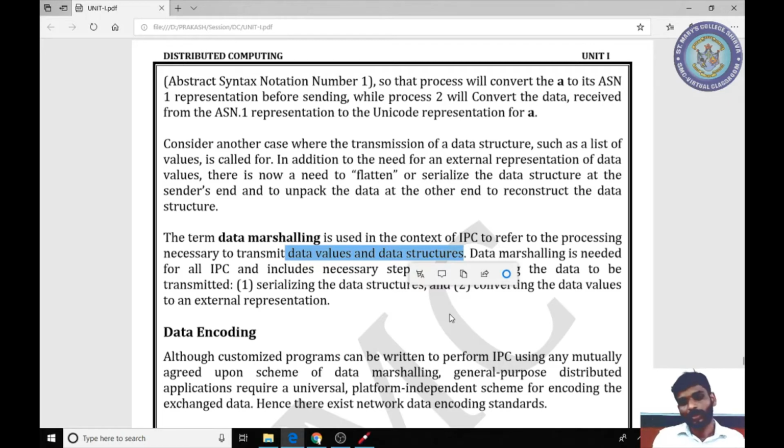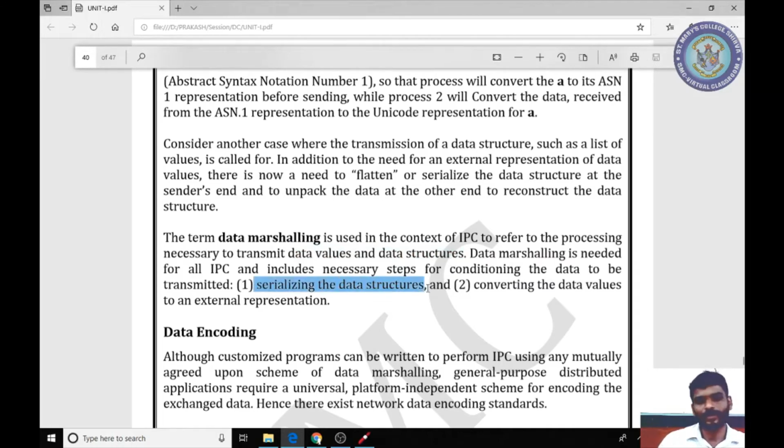So what data marshalling will do is encode the data to a particular standard. At the receiving end, it will decode the data. That means it will flatten whatever data structure values were encoded, and they will be converted back into their normal values.